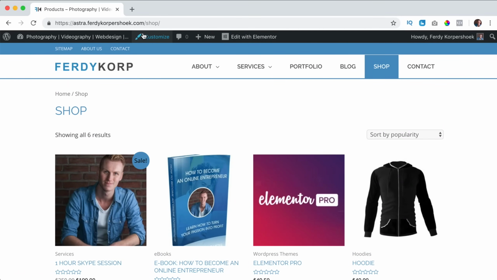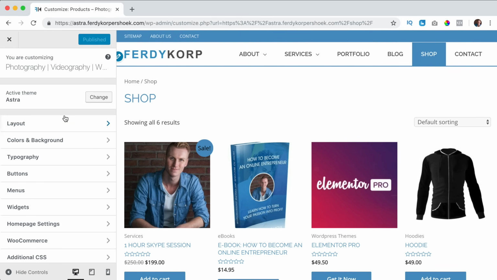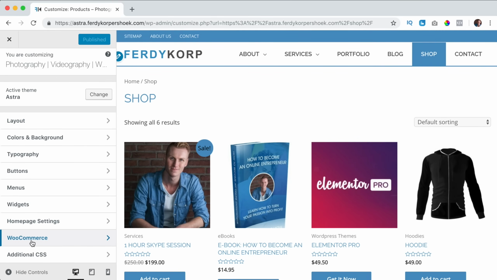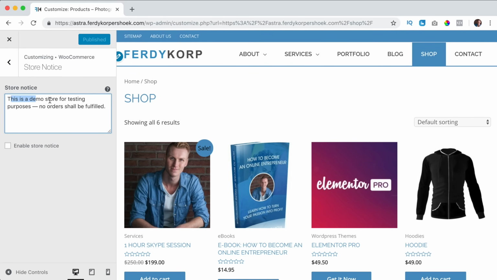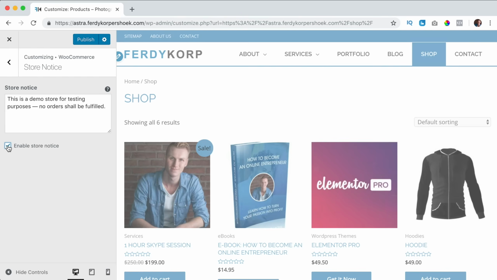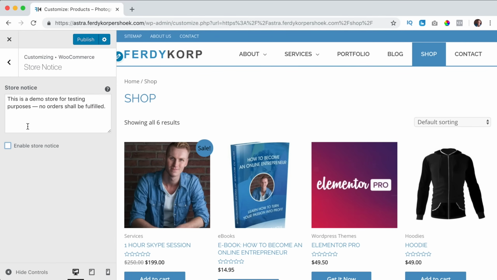So I click on Customize, because also without the Pro WooCommerce module you can have some settings and I want to configure them. And there are two places where you can adjust things. Over here at WooCommerce we can have a store notice. So you can say this is a demo store. If you enable it, I really don't like this option because you don't see the header. And when you go to a different page in the website you still see this. So I don't use this. You could use a hook if you want to. We discussed it in the other tutorial, but it is an option.